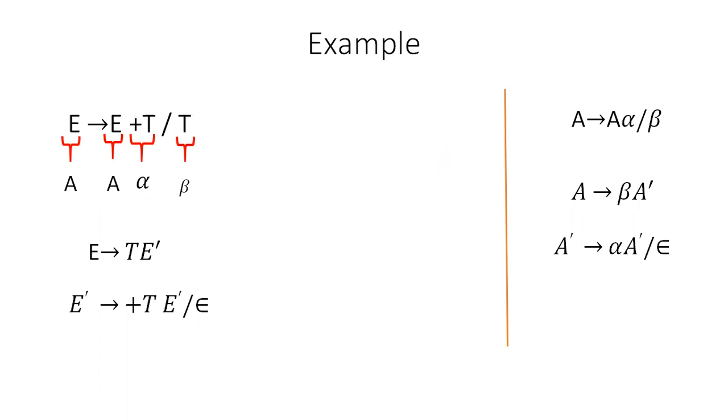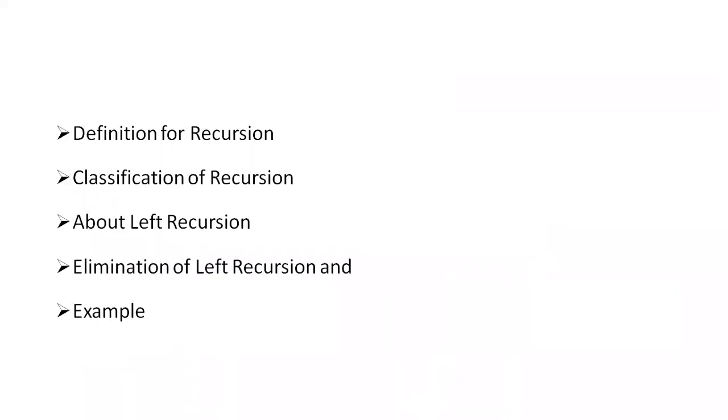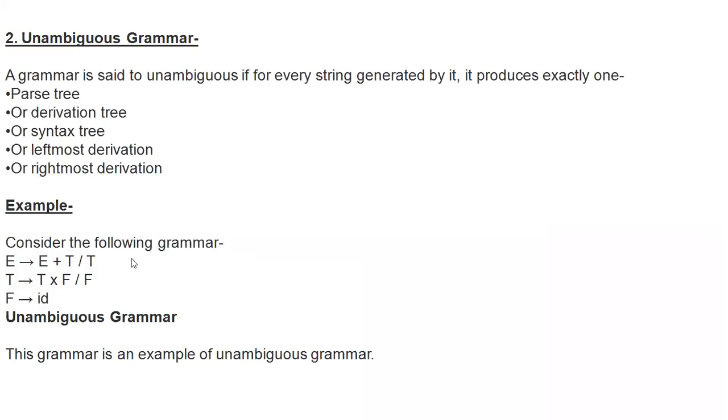Take the second rule. T tends to T star F or F. T tends to T. That rule also consists of a left recursion. Why? Because T tends to T. See here. For rule 1, we modified it by eliminating. And see rule 2, T tends to T. Again, this is also a left recursion. Again, this rule consists of a left recursion problem. Now eliminate the left recursion for rule 2, mapping with the syntax of the grammar of left recursion, A tends to A. The star F is an alpha, F is a beta.